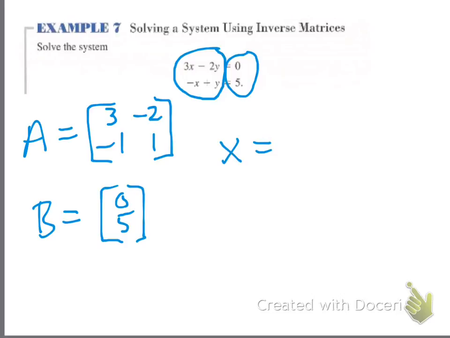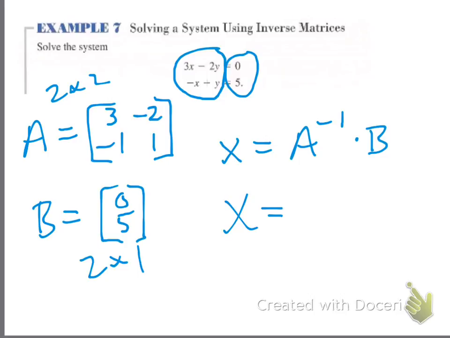So X is going to equal A inverse times B. Okay? So when you enter these two matrices in, this is a 2 by 2, this is a 2 by 1, and you do A inverse times B, okay, you wind up getting a 2 by 1 matrix, okay, and the answers are 10 and